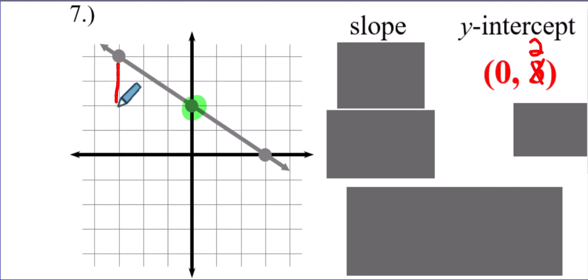You can go from here to here. You could go from here to here. It honestly doesn't matter. You could even go up and left. You could even go, let me change colors here. You could go down,